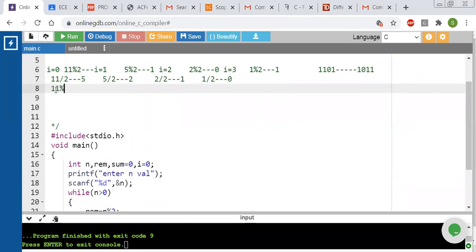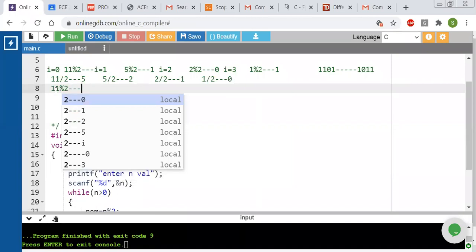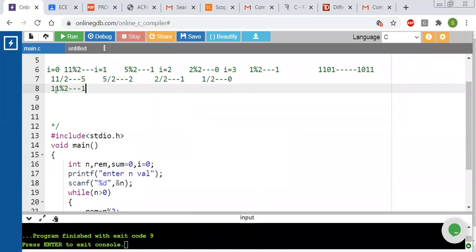First we are performing 11 mod 2. 11 mod 2 is equal to 1.